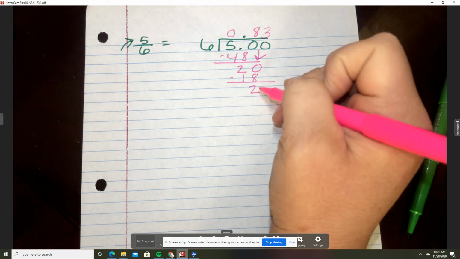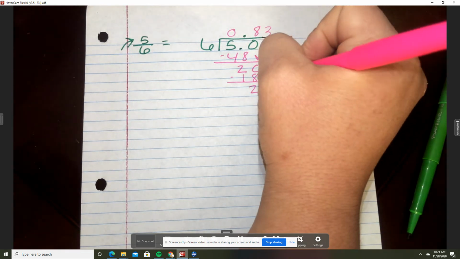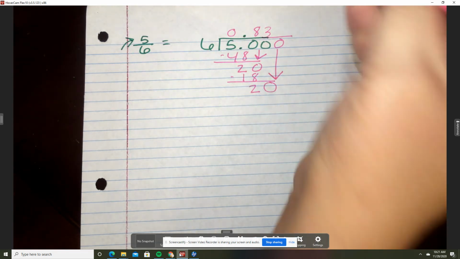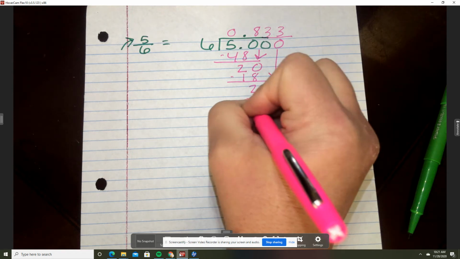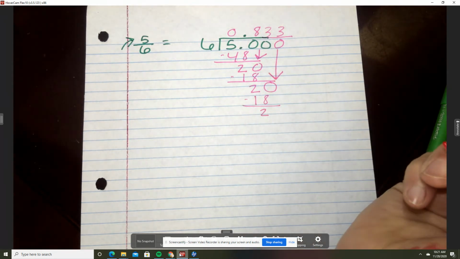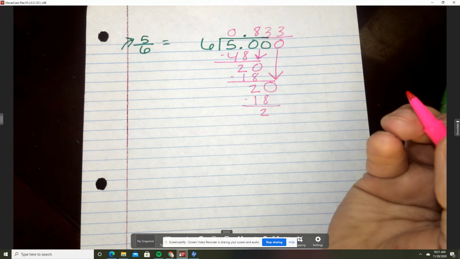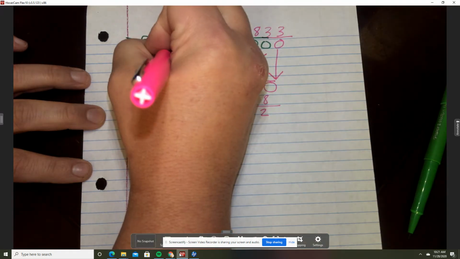Now, I don't want to leave a remainder, so let's try to add one more 0 here and see what happens. All right, well, I get 20 again. So 6 will go into 20 3 times. 3 times 6 is 18, and that is 2. So I'm not going to ask you to add any more zeros there. It's obvious that that is going to be repeating. So 5/6 is equal to